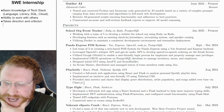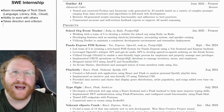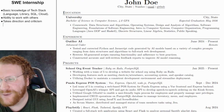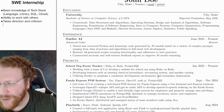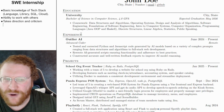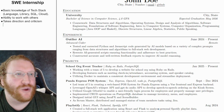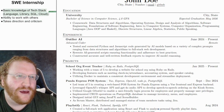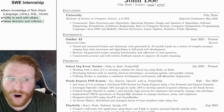And that's kind of the thing, here's why. People always want to ask, why is it so hard to get an internship? It's because every single resume looks like this. Almost every single resume is going to look like this. And I don't want to use the word stand out because that's not what we're looking for. It's really stand in. You want this to stand in, but it has all the knowledge of the tech stack